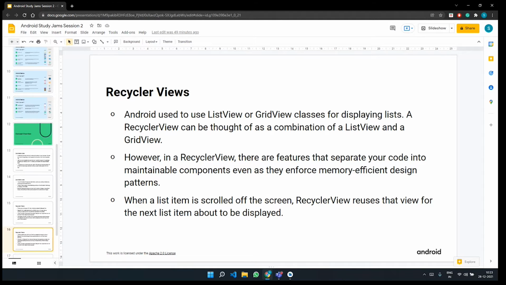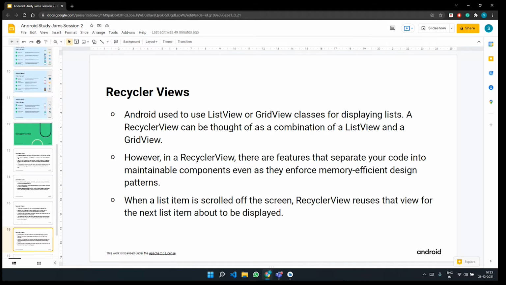It's not only that, but they also enforce memory efficient design, because once you split your code into maintainable components, it is easy to handle them. You can imagine this to be a similar concept to functions that you studied in Java.